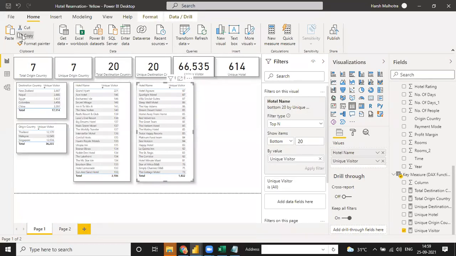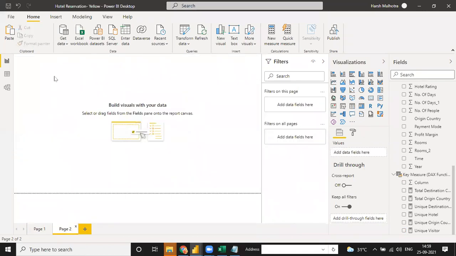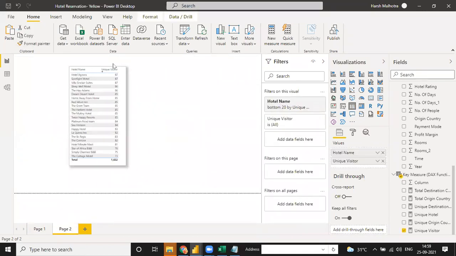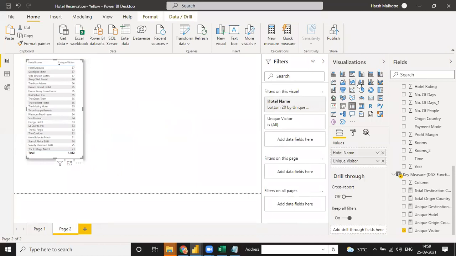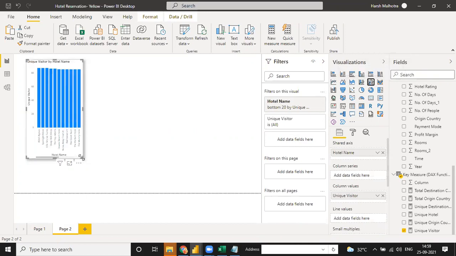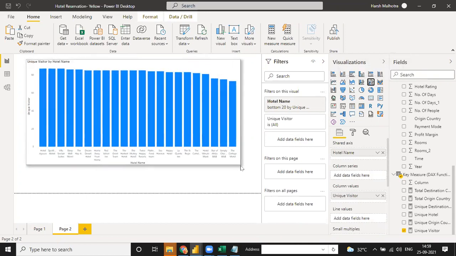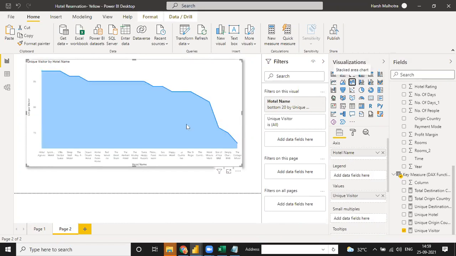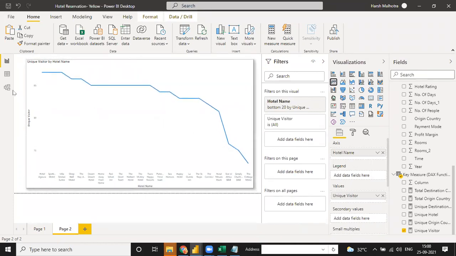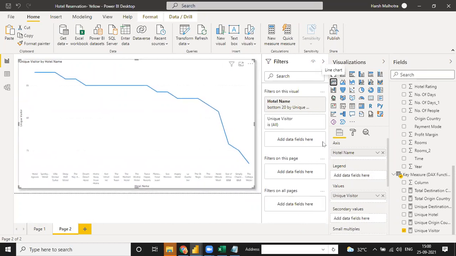So just click on table, copy, and go to page 2. Right now I'm going into chart, and go to this table and click on just any chart, whatever you want. Like I need a table, so you need this one, line and cluster chart. Okay, guys. See, this one you have, or you can use this one also. Let me just open. Yeah, this line chart is better. So you can use a line chart and see the formatting you can do with the same thing.